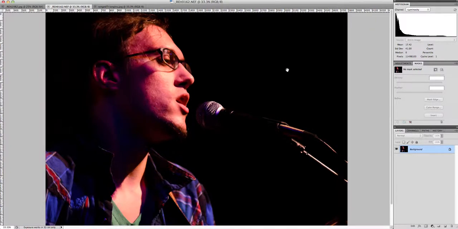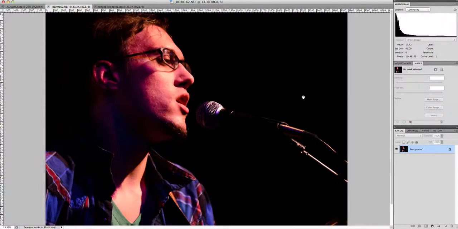Here we can obviously see there's a lot being represented in the shadow region. If we look at the image, it was a dark stage being lit by stage lights, so of course there's going to be heavy shadow areas. Makes a lot of sense. Now if we look at our midtones, we do have some light kind of falling off into the midtones, so the skin tones here, the shirt, those kinds of things are still represented.